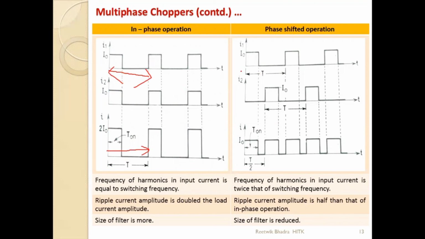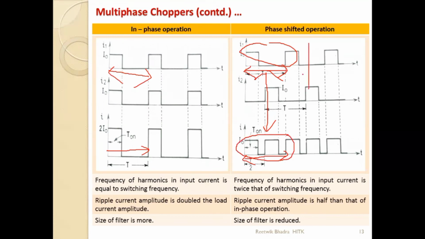But over here, if you see the time period, the switching frequency is this much. Up to this, if I take it, I'll get a figure for the input current like this. So the frequency of these harmonics, or the ripple current, will be twice that of this. You can understand why it is twice, because in one cycle, two waveforms are repeated over here.